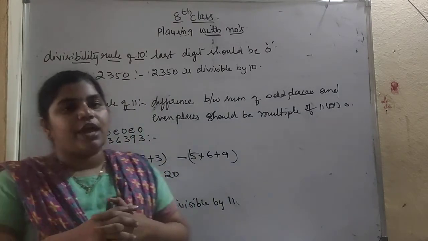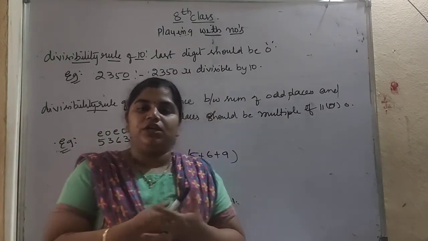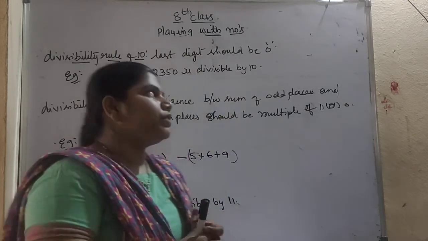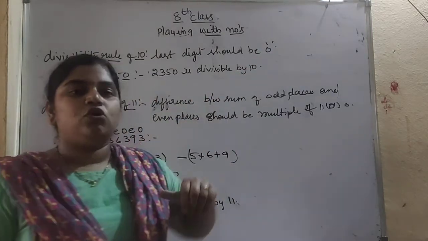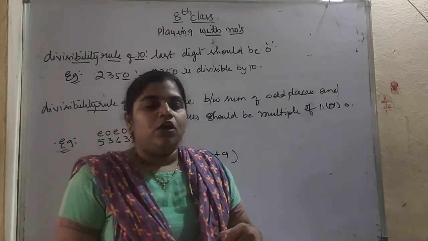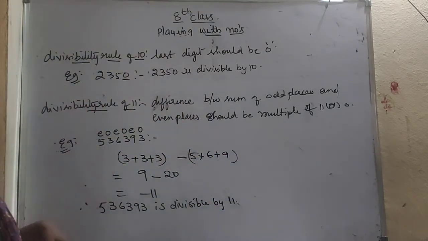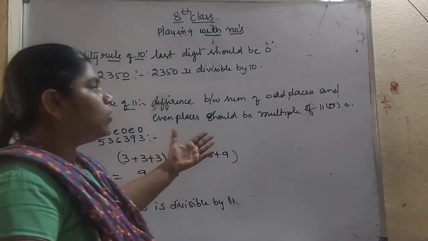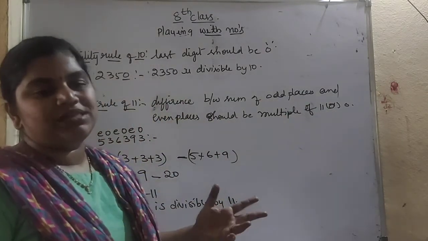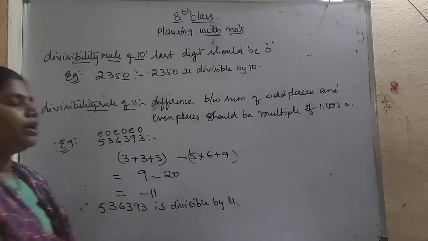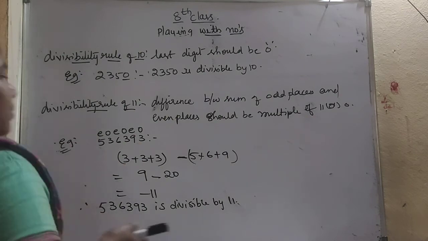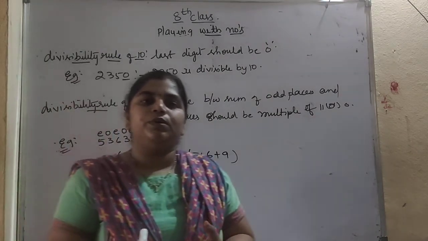Next is divisibility rule of 9. What is divisibility rule of 9? Same as 3. Yes. So sum of all digits should be divisible by 9. And divisibility rule of 10 is last digit should be only 0. So if the last digit is 0, we can say the whole number is divisible by 10. Okay. And divisibility rule of 11. Difference between sum of odd places and sum of even places should be a multiple of 11 or it can be zero. So after doing this process, if you are getting the result as 0, then it is divisible by 11, or if it is a multiple of 11, then also it is divisible by 11.